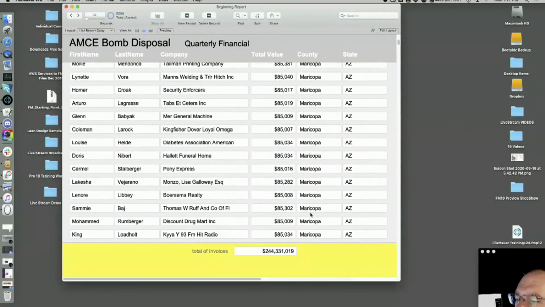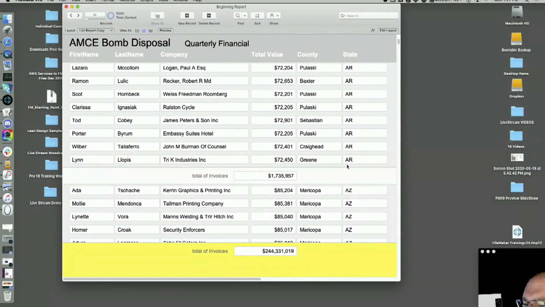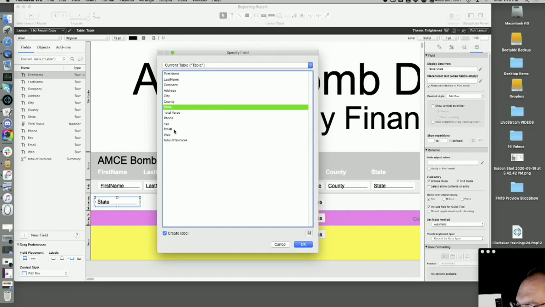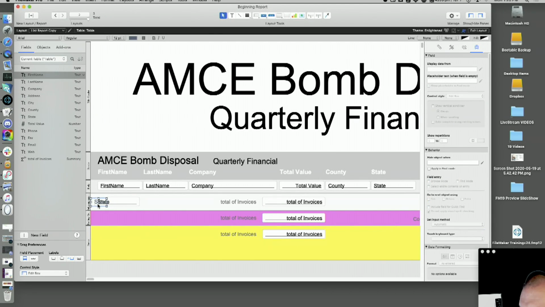So that's a subsummary. Now you could say, well, it'd be better if it reminded me what state we were in. So you can do that. What it's going to do is that if I want to display, you can put the state right here, like a field right here, and you could bring it over here. Then you could make it really big. So you have the state. You say it's okay, but then what you do is you make it really beefy, right?